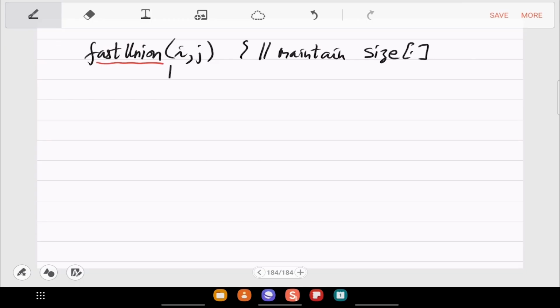So again you find the two roots by find. The roots are K and L of these two sets that you want to take union of.